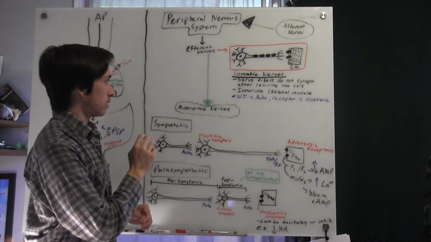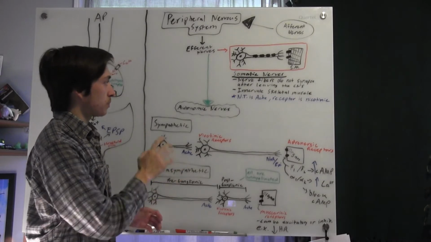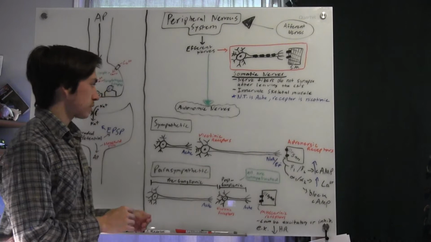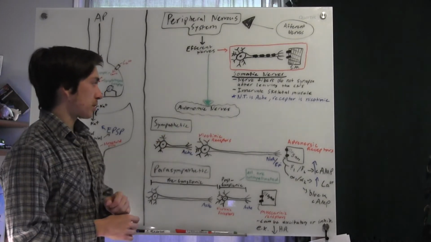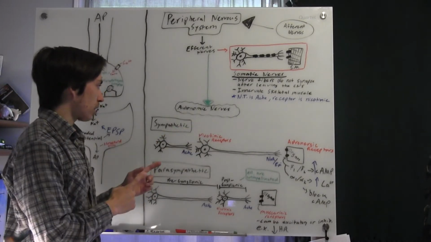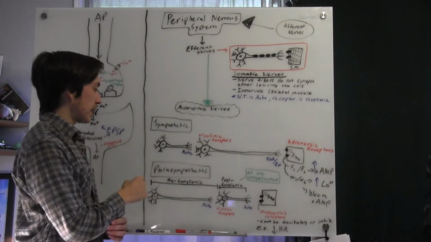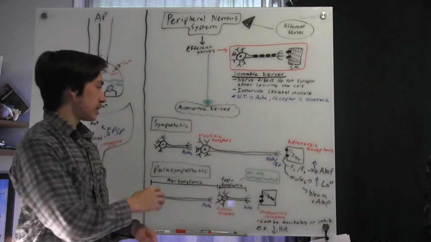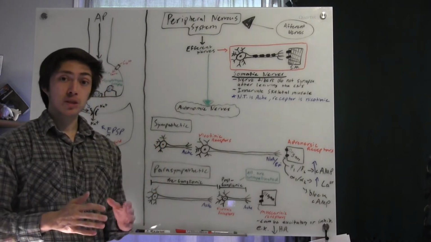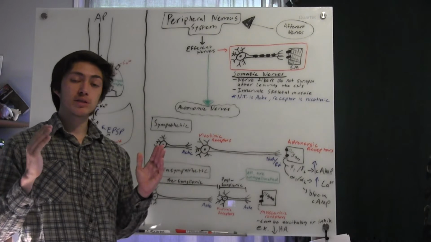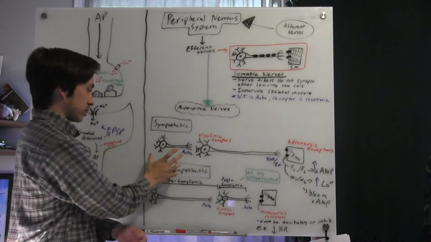Now, just to review, the neurotransmitter is acetylcholine and the receptor is nicotinic. Okay? Now we move on to autonomic nerves. The autonomic nerves are divided even more. We have the sympathetic and the parasympathetic. Now with the sympathetic nervous system, we're going to see short pre-ganglionic neurons and relatively long post-ganglionic neurons, right here